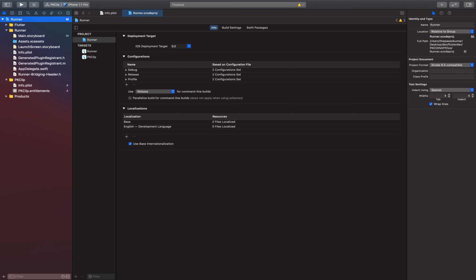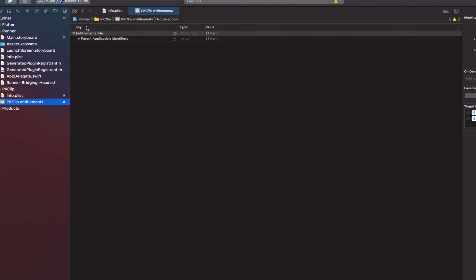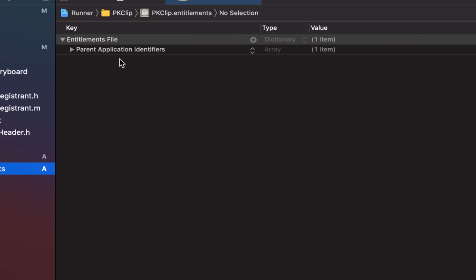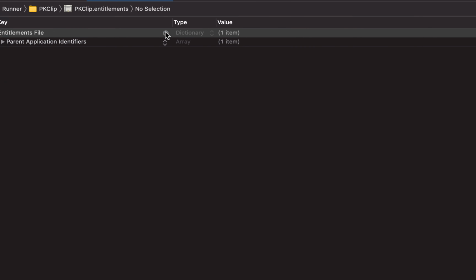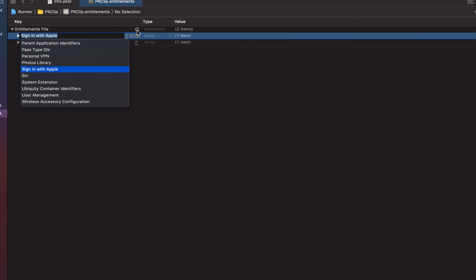Now what we have to do, guys, we will go back to our entitlement files, and here you can see we have parent application identifiers already. Now one thing which is required is that now you have an app clip, let's say, but you need a domain, right? You need something where this app can be used as an associated domain. If you go to the app clip documentation, you will learn all about it. Similarly, like in instant app, you used to give a domain, so similarly you have to give a domain here as well. So I'll click on this plus button over here, and let's see if we have something called associated domains or something like that.